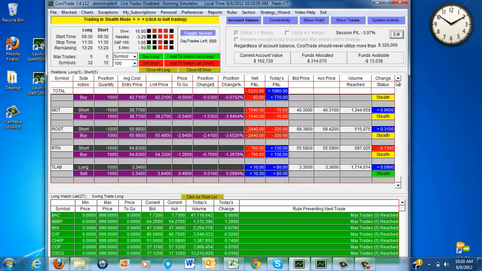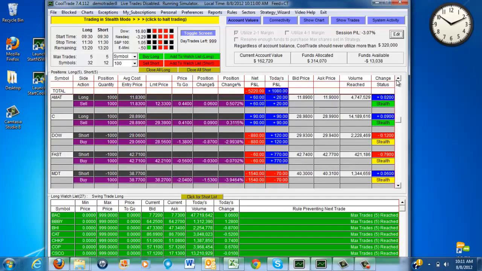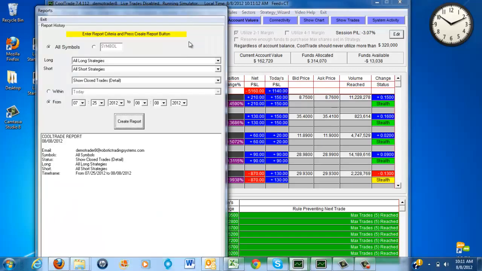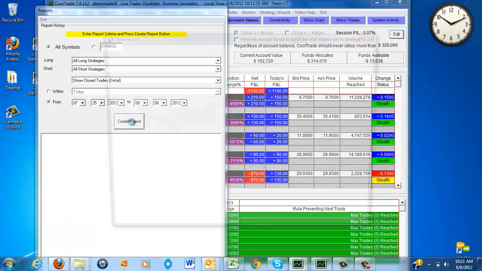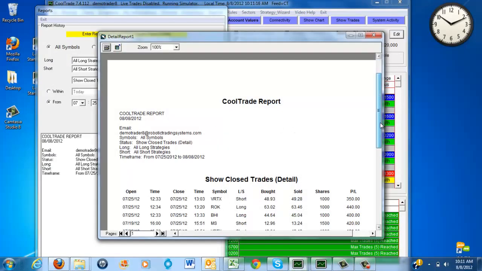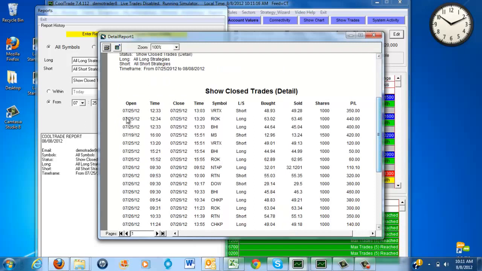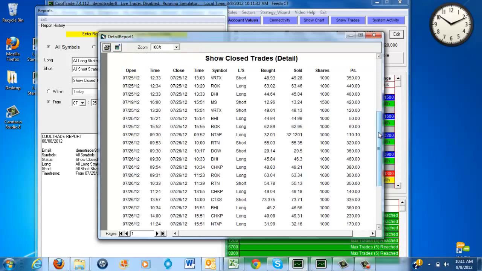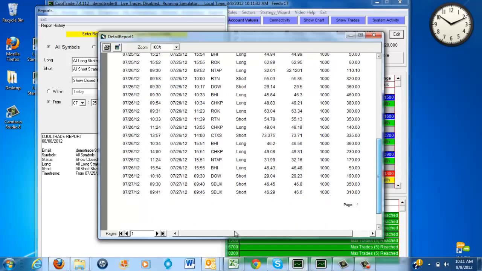So the market's been rallying upwards, and it's been closing out the long positions, and the short positions it will wait for a correction, and it will begin closing out the short positions once that occurs. So here, if I look at a report from 7/25 to today, you can see 7/25 it opened up the first position here and then closed the first position here. It was Vertex short, the buy and sells reversed, ended up making 350 bucks. So these are all the trades that it has done since 7/25,